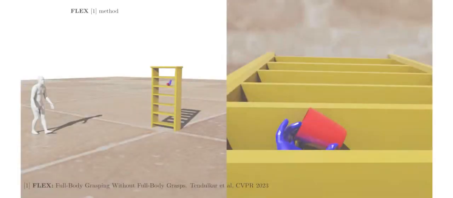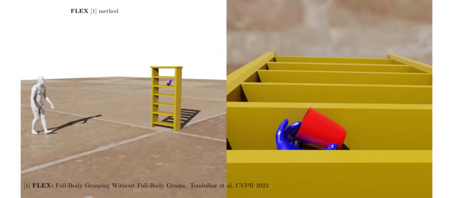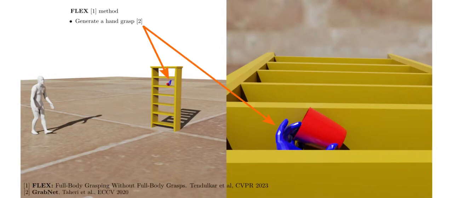Data scarcity is tackled by the recent Flex method in a divide-and-conquer way. To this end, it first generates a hand grasp via an off-the-shelf method that serves as a guide. Then, it generates 500 initial bodies at random locations and in random poses. However, the guiding hand and initial bodies likely have incompatible directions from which they approach the object, so they both